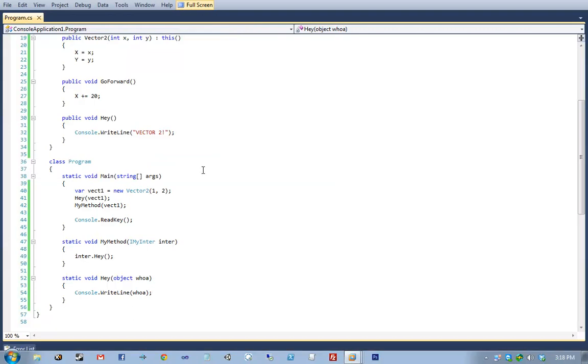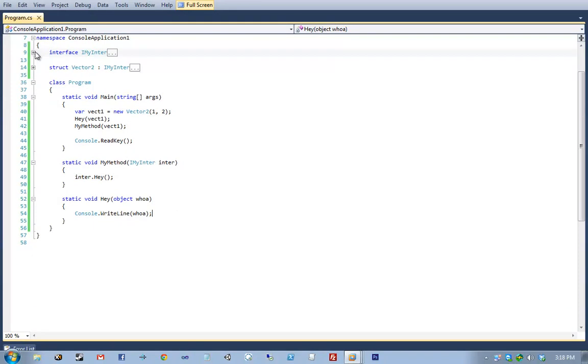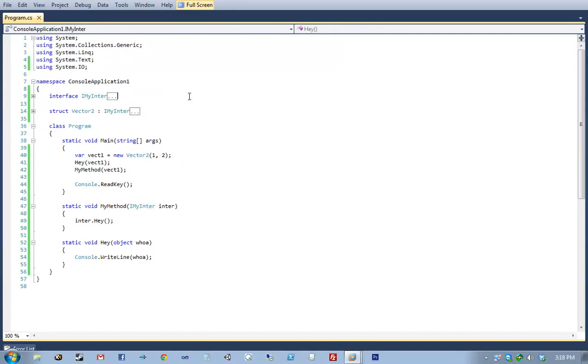There's actually something going on behind the scenes that allows this to work. So keep in mind that value types are passed by value and reference types are passed by reference. But value types, structures in particular, inherit from a reference type and can implement interfaces. What happens when we invoke these methods is what's called boxing, which is another implementation detail of the language itself. However, boxing does cause adverse performance in certain scenarios, and so it is something to keep in mind. I just want to point this out to people.